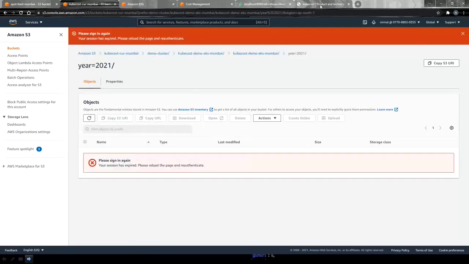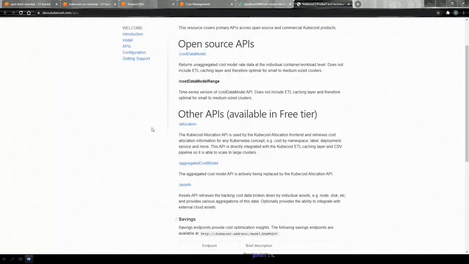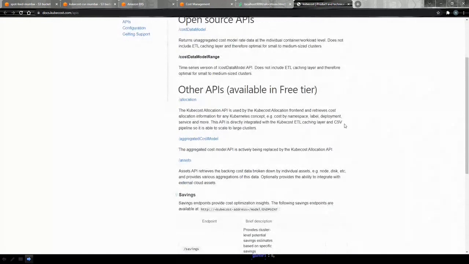Let's talk a little bit about the API sections that we have. As I was mentioning earlier, it has APIs for the open source version as well as the paid version. In the open source version, the default API is the cost data model, which gives you the overall aggregated features. One of the requirements that you may have, if you are using AWS for a longer period of time, is something like a savings plan, where you have discounts already provided by AWS. In AWS we call it something like a blended cost.